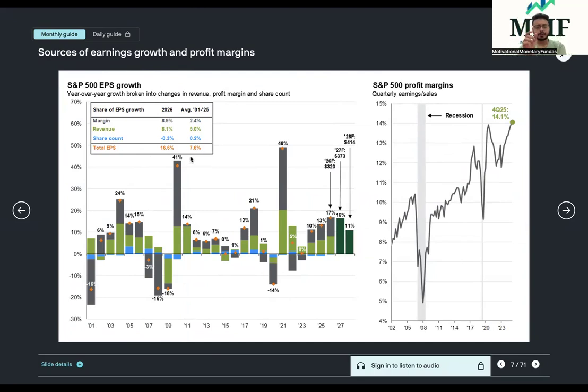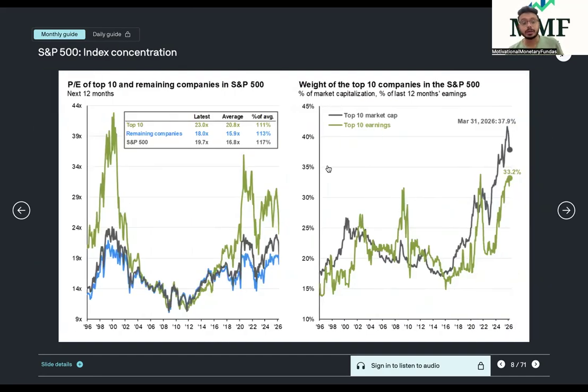Again, this number might be corrected by a few basis points due to the US-Iran war, right? But I believe the expectation has been taken into account already because the war started on 28th Feb. So this is the expected revised number as it is, right? So the US market again is expected to grow at a higher EPS CAGR than over the past 25 years. Again, all these are US based numbers, USD numbers. S&P 500 profit margins, right? In the 4Q, the fourth quarter, October, November, December, the profit margin, the PAT, the bottom line, grew by 14.1%.